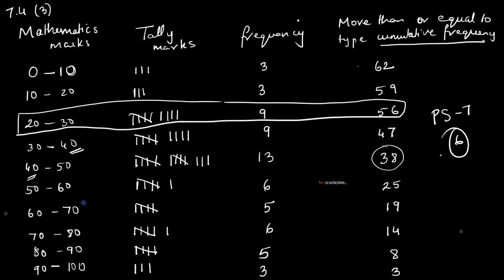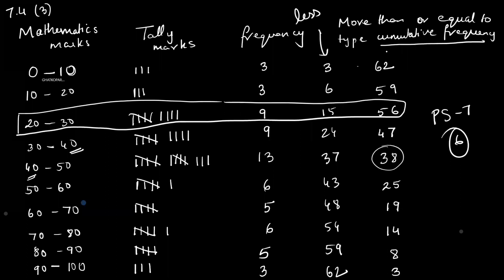Daniel is asking, is more than reverse of less than? No, it is not reverse, because if I write the values, less than type starts with 3. Then I keep adding these values. So 6, 15. This is less than. So just to compare, 15, then it's 24, then it's 37, 43, 48, 54, 59, and 62.